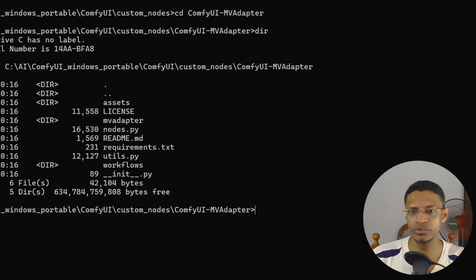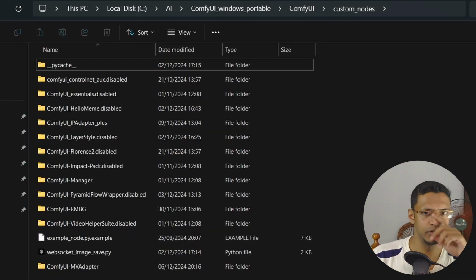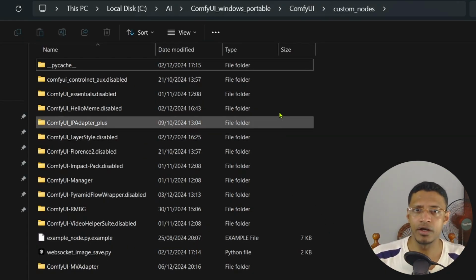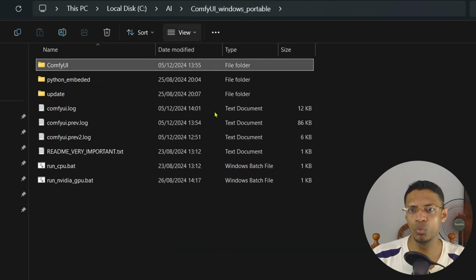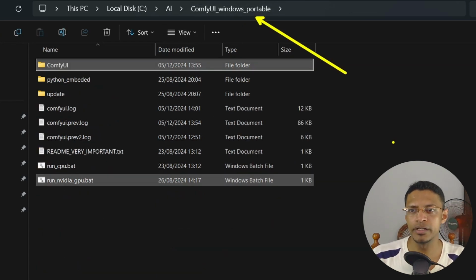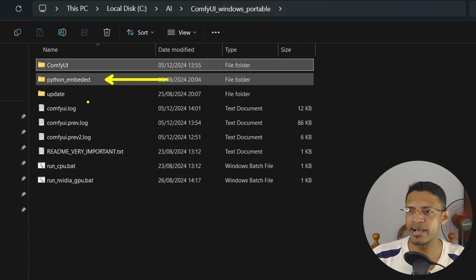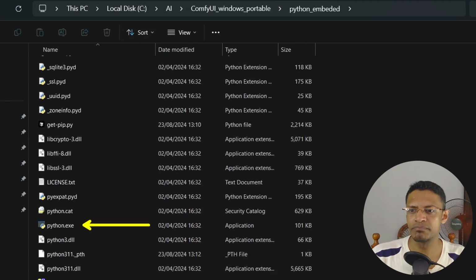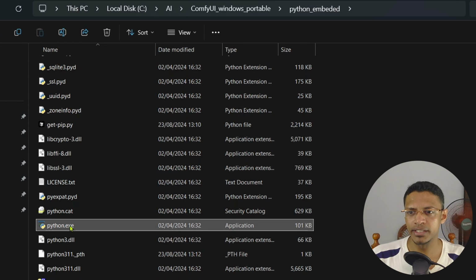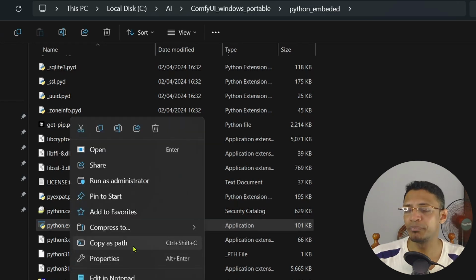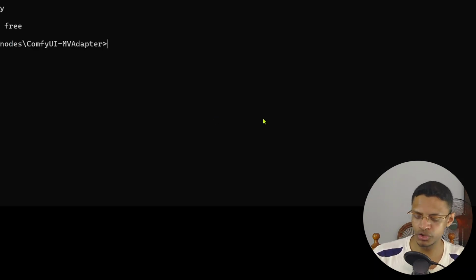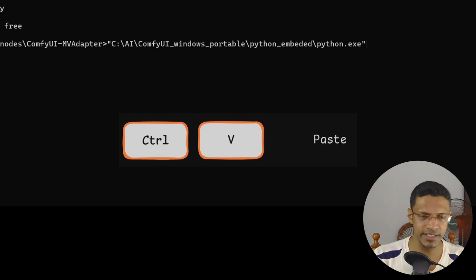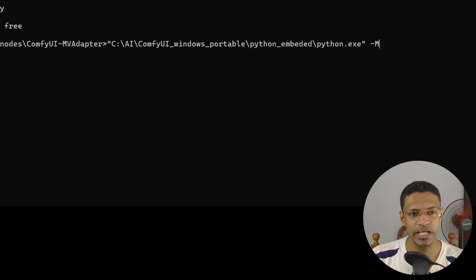Now, since we are using ComfyUI here, we'll need to use the Python which is from the ComfyUI. Now, if like me, you have the portable version of ComfyUI, then you will need to go inside the python embedded folder. Scroll until you can see this python.exe. Right click on it and then select copy as path. Now go back into your terminal, press Ctrl V to paste it, press space -m pip install -r